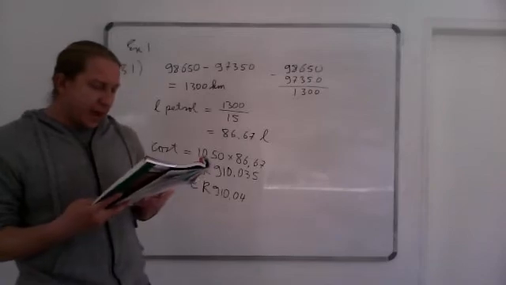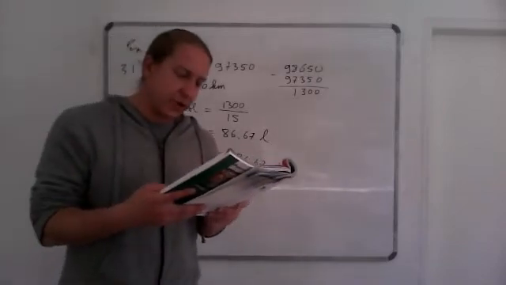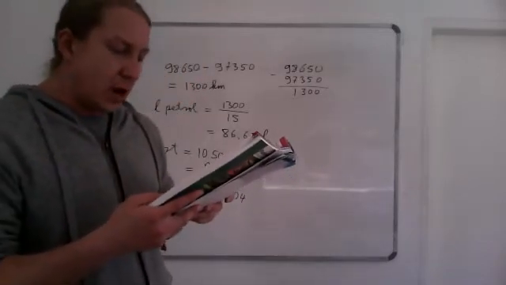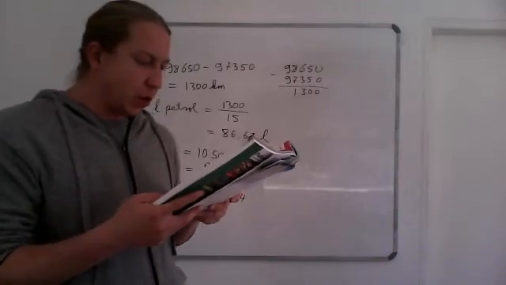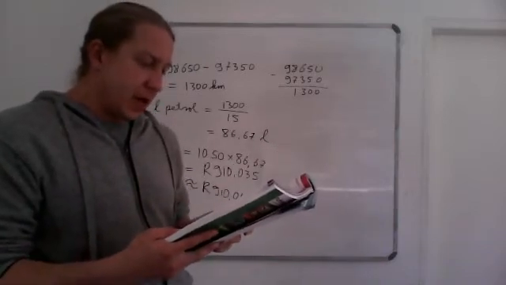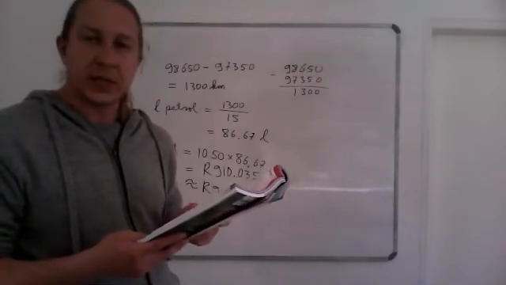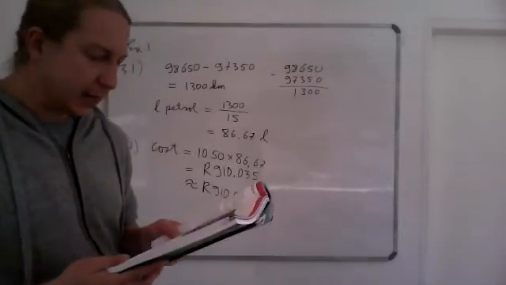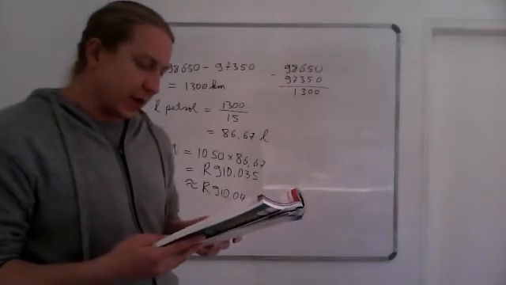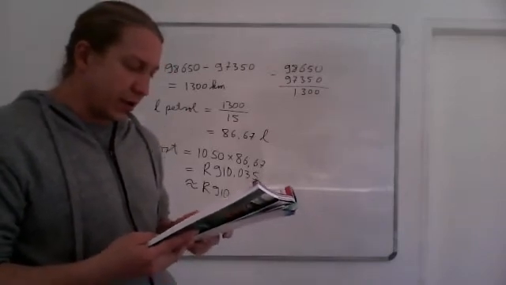Number 3, if the boundary wall will cost 750 per meter to build, what is the total cost of putting a wall around the development? Okay, so use your answer from 2, because that's the more accurate one where you calculate it, and multiply it by the cost and tell me what will be the cost of the